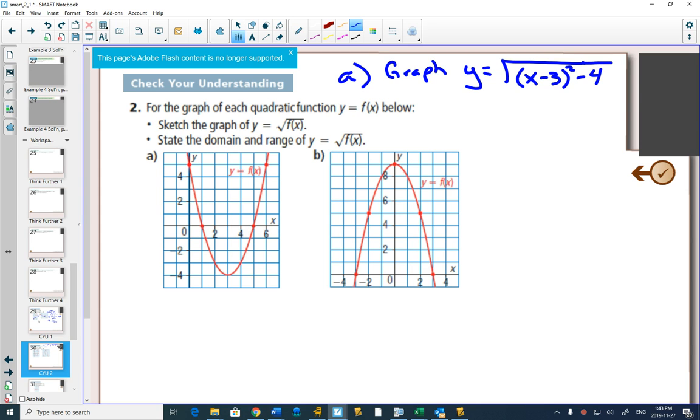So you could have had this equation asked this way. Can you graph the square root of x minus 3 squared minus 4? Step 1 would be to graph the inside. So this inside in red is just the graph of x minus 3 squared minus 4, a parabola moved 3 to the right, 4 down. Then, once you've graphed that original function,